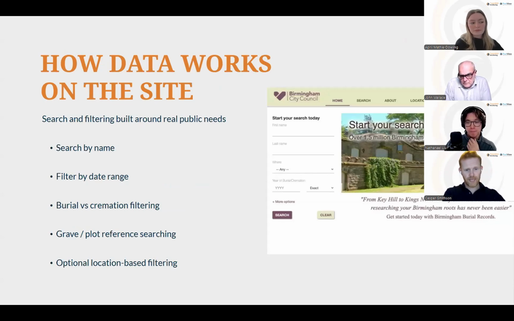So a lot of the case with the data, it really comes from a lot of the work that's been done in the earlier two stages. So obviously we need the digital image, that's first and foremost. And from those digital images, we then produce the transcribed data. As Nathaniel mentioned, there is a lot of content that goes into the transcription.